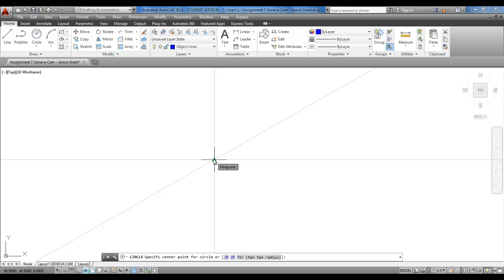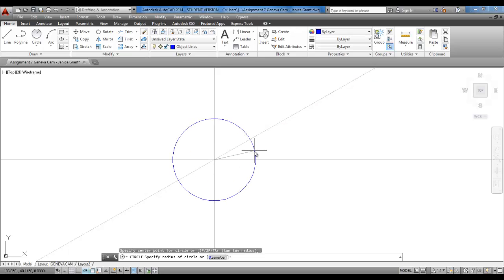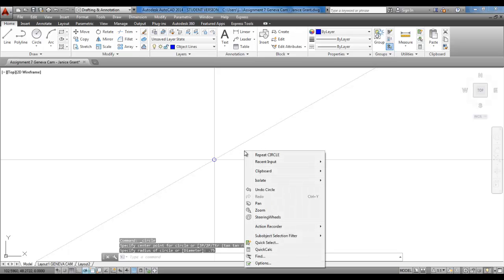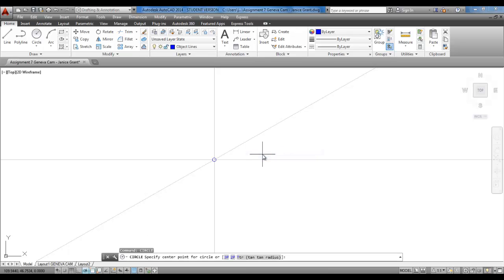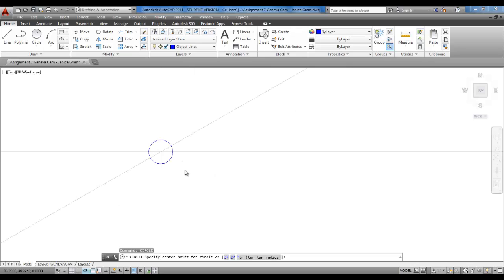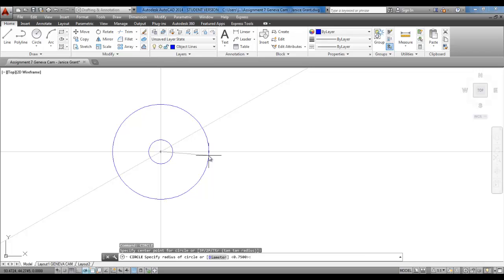I'm going to click the center and type in 0.75 for one of my circles, 0.75, and enter. If you right click and repeat the circle, it will always go back to radius. So I can click here for my center point and type in the next circle, which is 1.25,